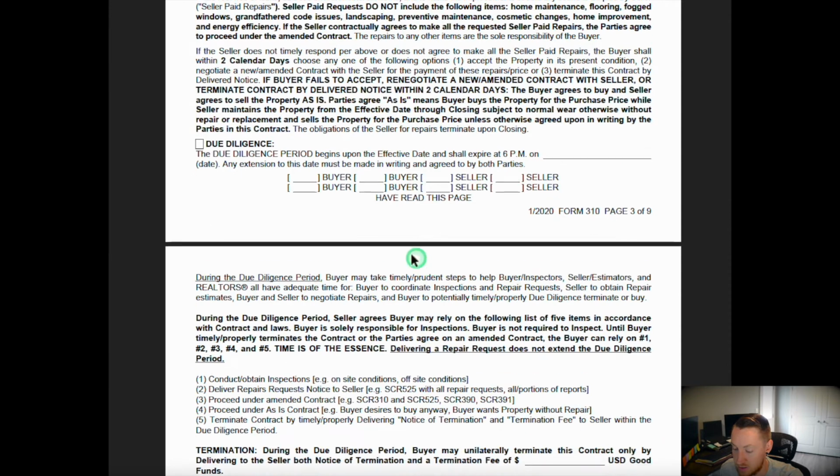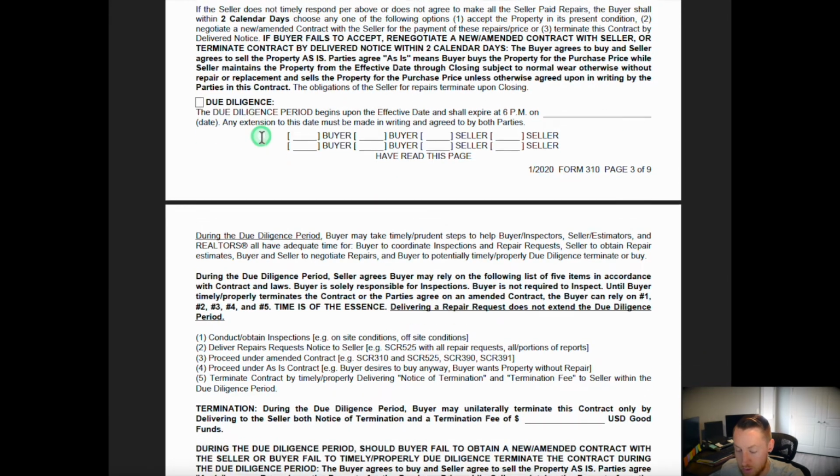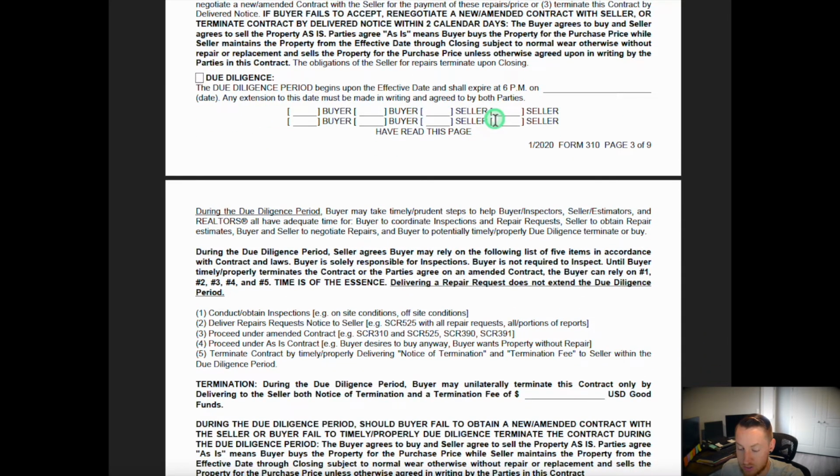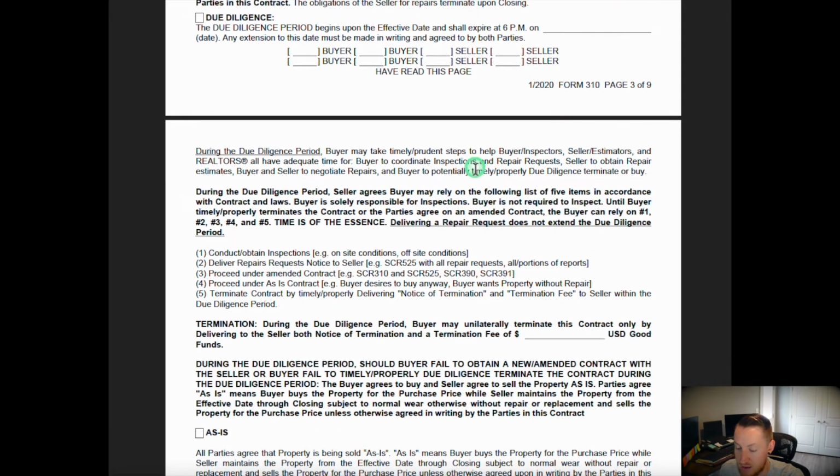The next section is due diligence. Much like in North Carolina, this will be a block of time that starts as soon as the contract is signed by both parties and will run through an expiration date listed here. In this time frame, the buyer can do any inspections or research on the property that they wish, but keep in mind any repair requests that they may have will need to be submitted, negotiated, and agreed upon prior to